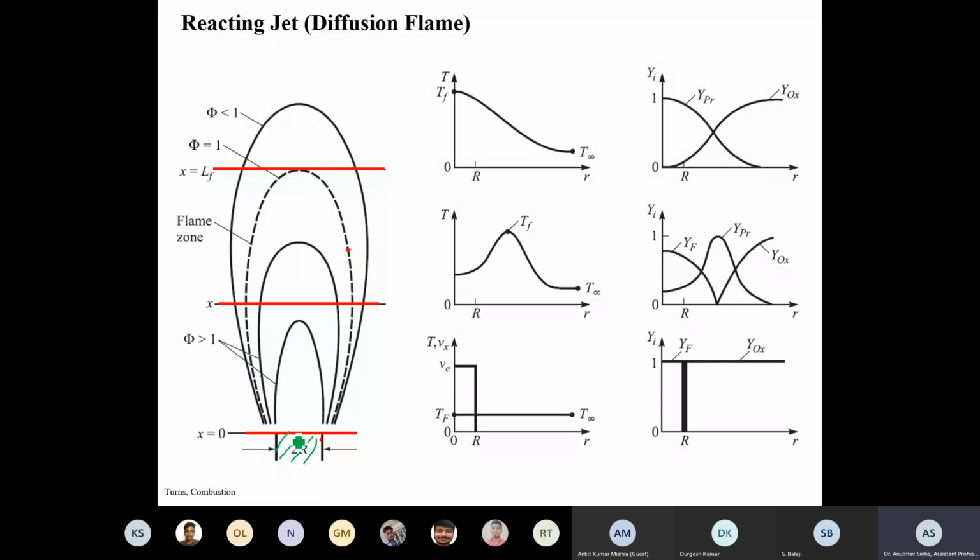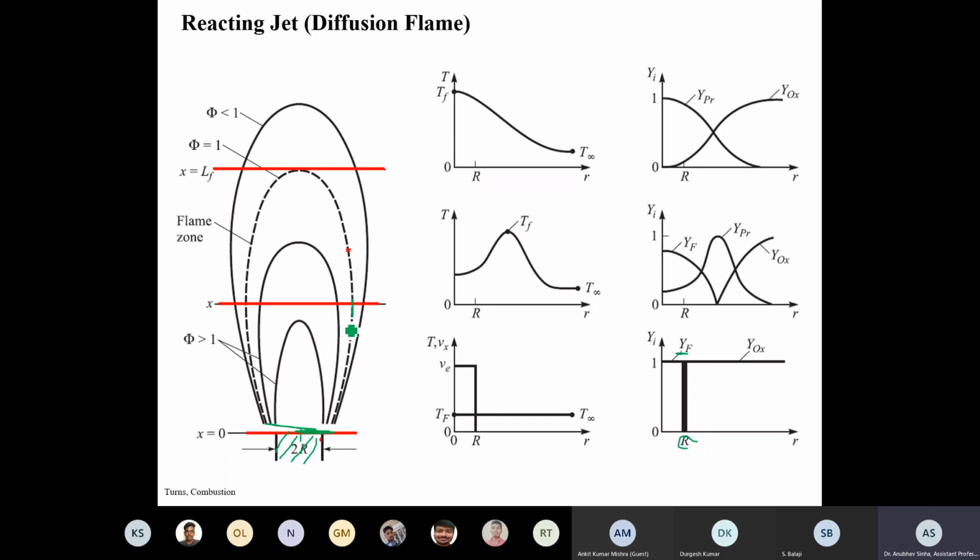One. So this is the radial profile. We see that till R radius, fuel is 1. If I measure here, till here fuel is 1. Outside what happens? Oxygen starts coming. So this is oxidizer, not oxygen. Oxidizer is air. So air is 1 outside. This is at the tip of this burner here, just as the fuel comes out. Now let us go a little up. Let us take a cut section at this region, and this is the flame front.